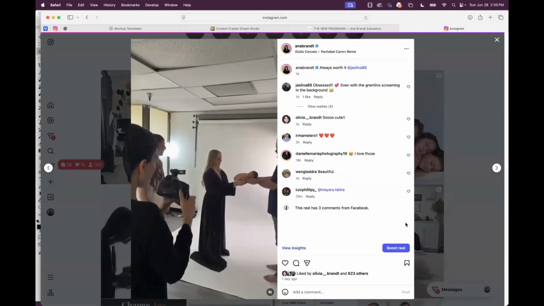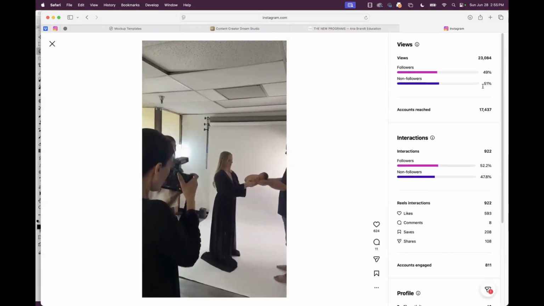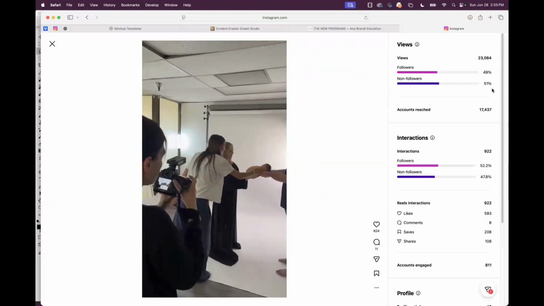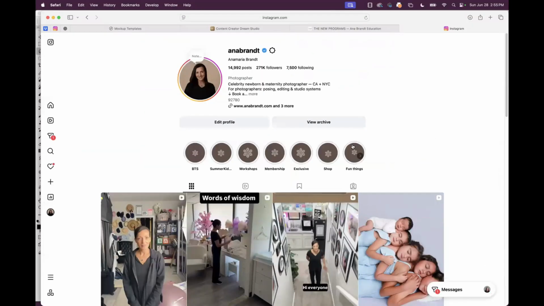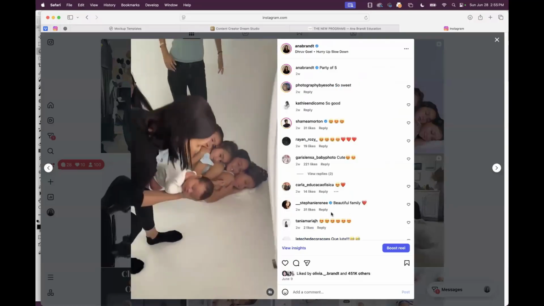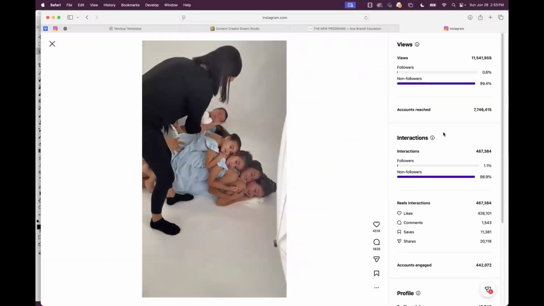Yes, but let's focus on the non-followers. I have a ton of followers, but I am more interested right now in bringing in non-followers, because that's where you're going to get fresh blood.